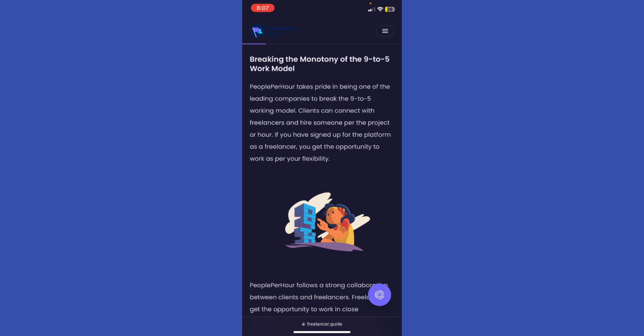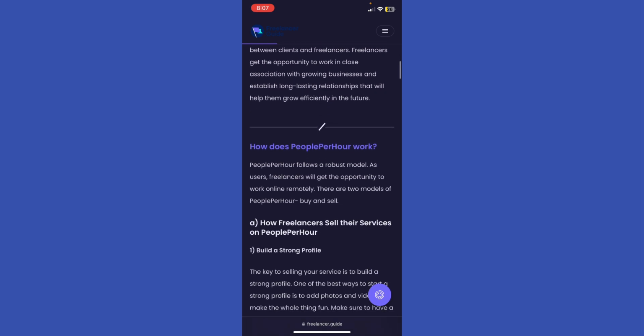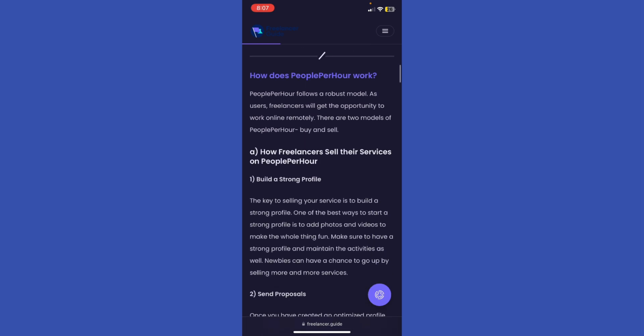People Per Hour takes pride in being one of the leading companies to break the 9 to 5 working model. Clients can connect with freelancers and hire someone per project or per hour. If you have signed up for the platform as a freelancer, you will get the opportunity to work as per your flexibility. All right. So if you want to know how to use People Per Hour, you could just